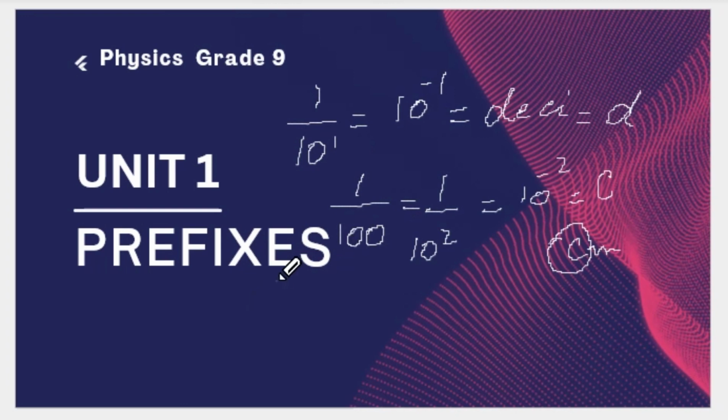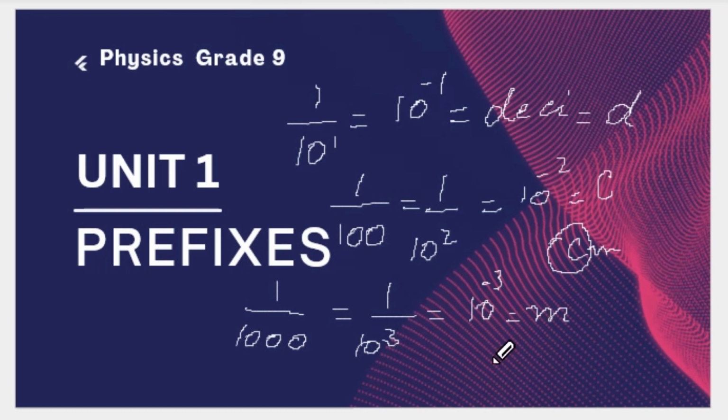We will divide by 1000, it means the part of something, and this 1000 can be written as 10 to the power 3, and 1 over 10 to the power 3 is mathematically written as 10 to the power negative 3. This 10 to the power minus 3 is called milli, and we use the letter m for it. For example, you must have seen many times in physics, a length can be written as millimeter. This second m stands for the meter, and this first m is the prefix, which stands for 10 to the power negative 3. So these are some of the prefixes, which I have given you the concept of how the prefixes come across. If I go to the next slide,